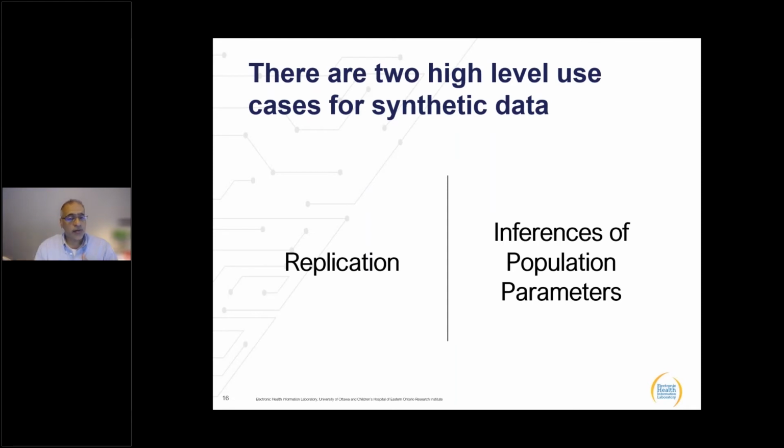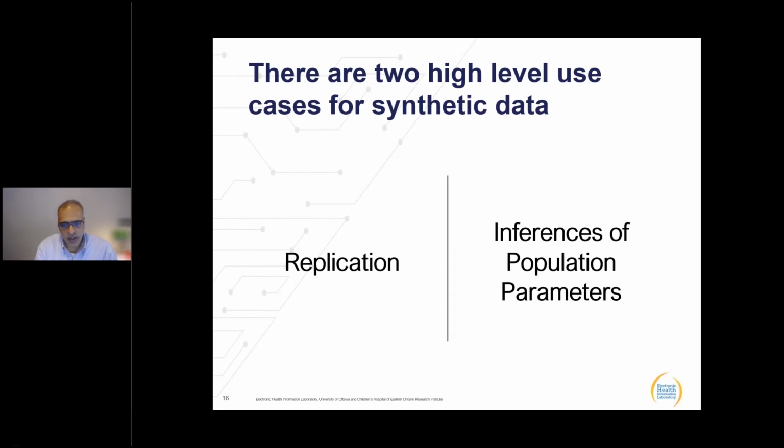And so the analysis you have to do here is quite different. You're not driven by a previous analysis; your point of reference is not a previous analysis. You want to do a new analysis, and you want to draw inferences about the population. And this is where concepts from imputation or multiple imputation become relevant